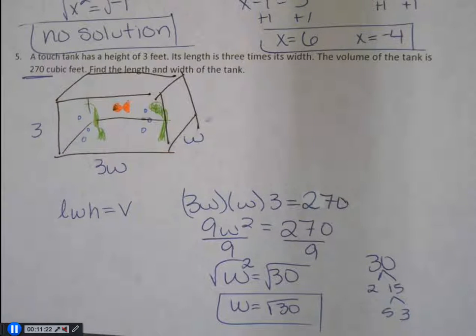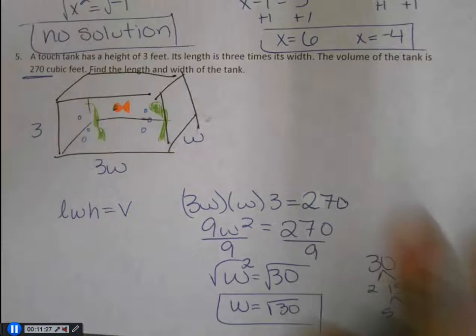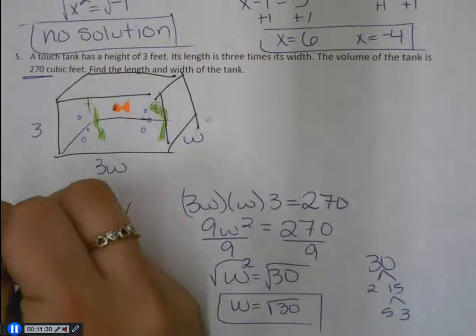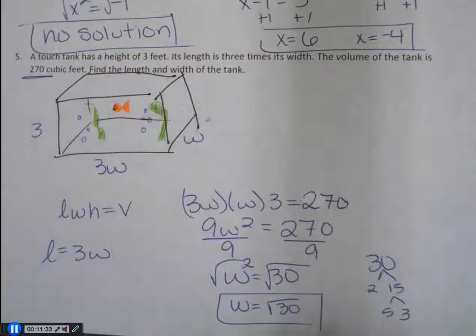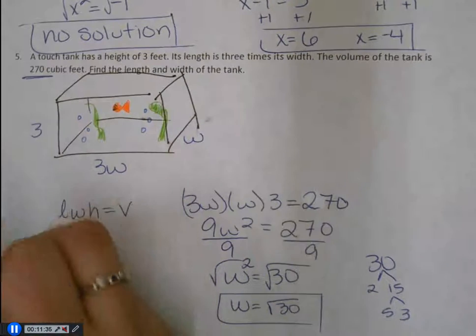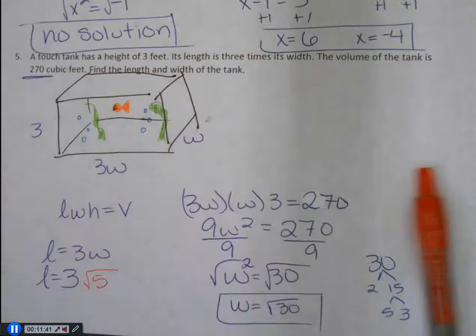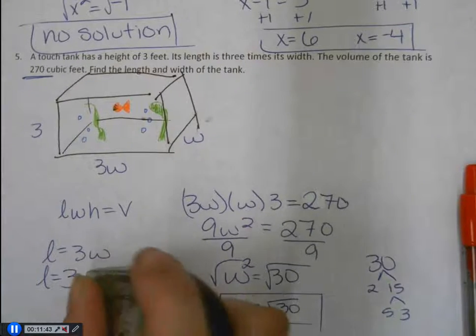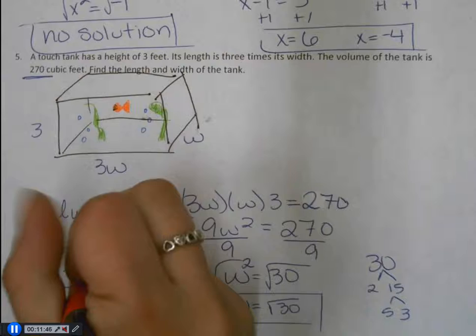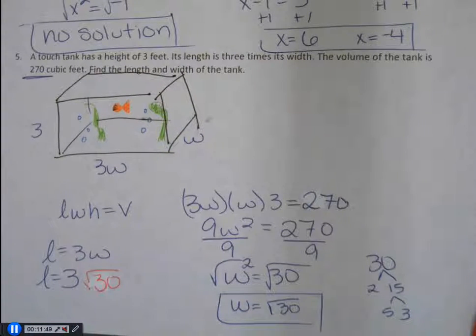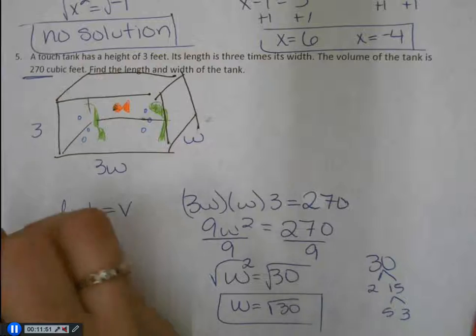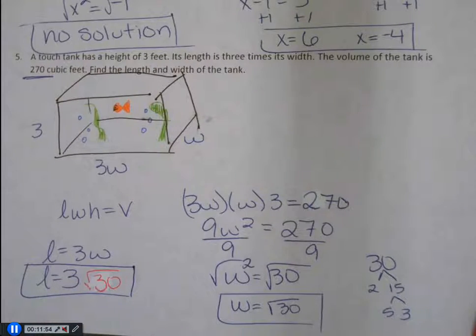Oh, it also wanted the length. Length is easy. So my length was 3w. So what I'm going to do is I'm going to take my answer for w and plug it in. Okay, so my length is just 3 times the square root of 30. Questions here? Okay. Then take a few minutes and work on the 3